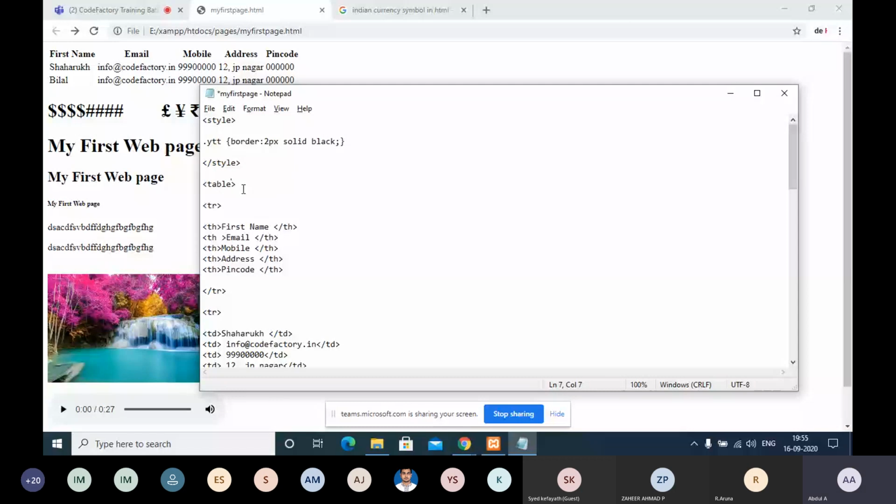The style syntax should be used only on an HTML element. If I write something here, I need to write style. But inside the style sheet, the style is already there, so it is not required. Just simply give the table. So what are all the tags I need to style? The table tag, th tag, and td tag. All the tags need to be given a border of 2 pixel solid black. Now if I save and refresh.